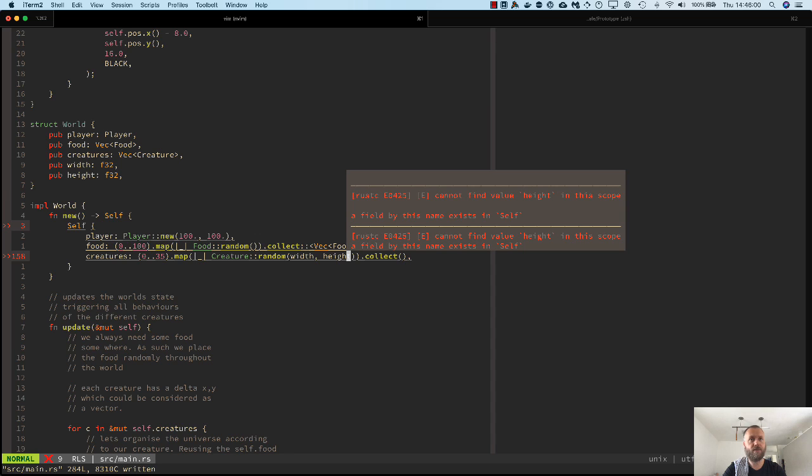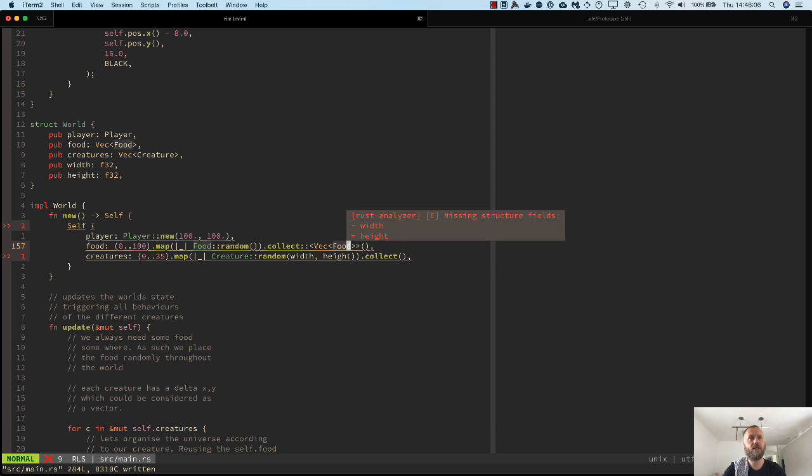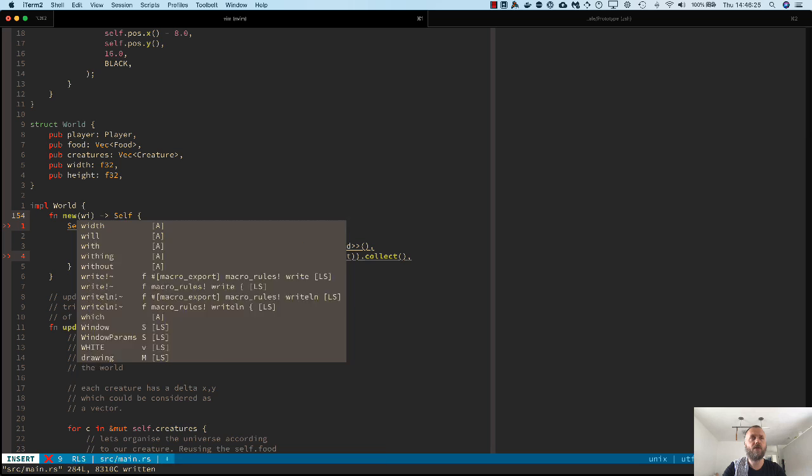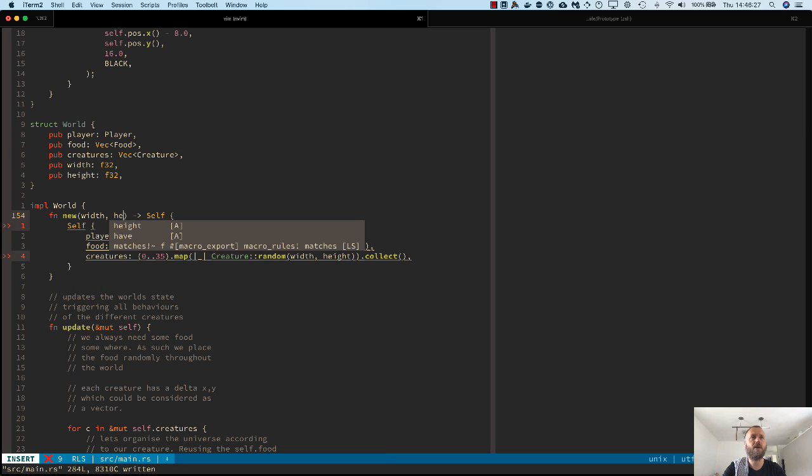That's perfect. The width and the height we can create as a config, or we can set it fixed. Let's just do it like this, width and the height,